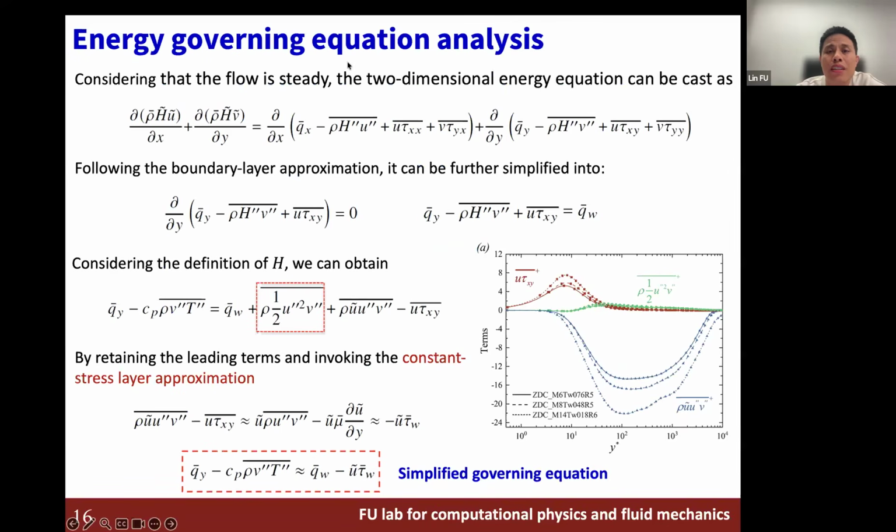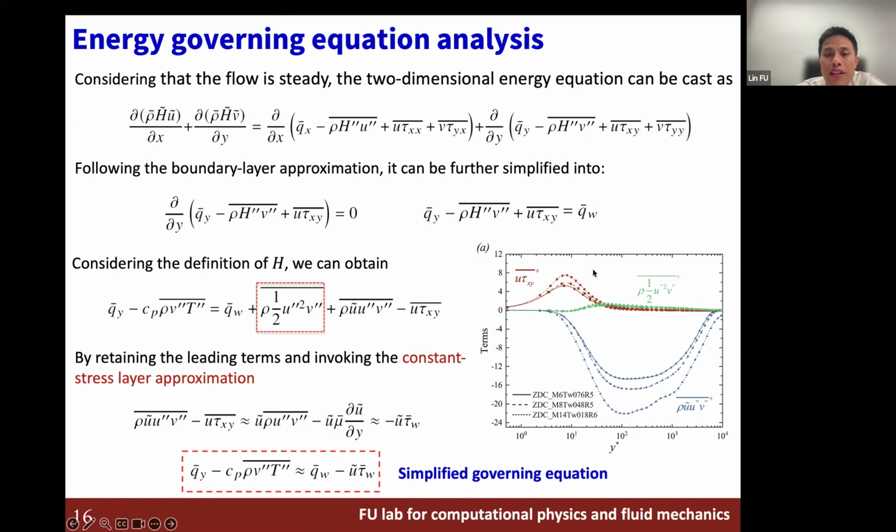If you check the energy equation, temperature appears mainly in the energy equation, right? This is the two-dimensional energy equation. According to the boundary layer assumption, some small-magnitude terms can be neglected, so the first, second, and third terms can be removed or balance each other. The remaining terms can be simplified into one normal derivative. If we integrate in the y coordinate, we get this balance law for heat flux.